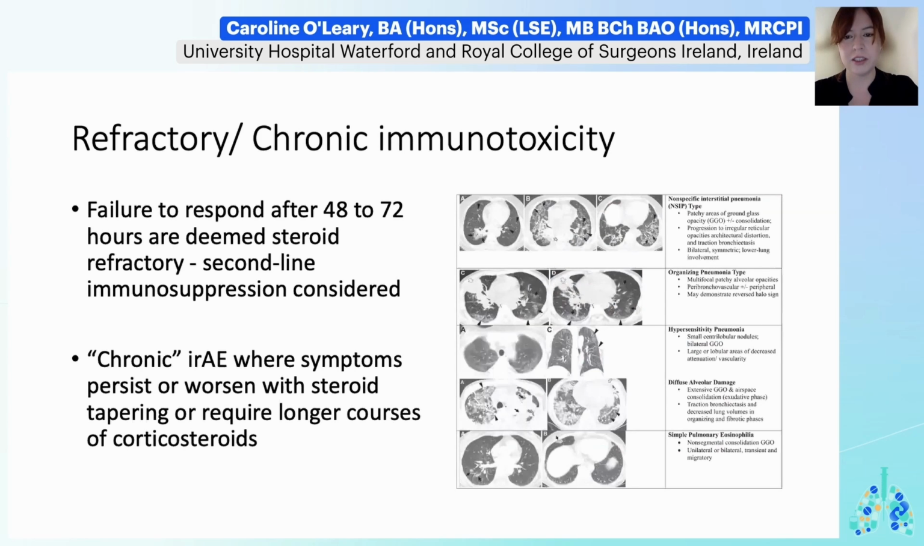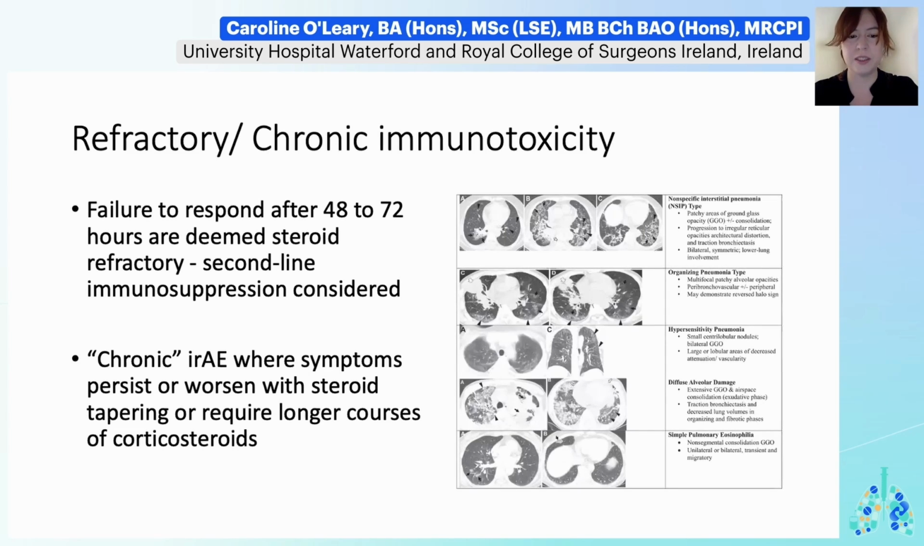Another form of immunotoxicity similar to this would be refractory or chronic immunotoxicity, such as in this patient, which fails to respond to high-dose steroids within 48 to 72 hours. And at that time, second-line immunosuppression should be considered. Whereas a chronic